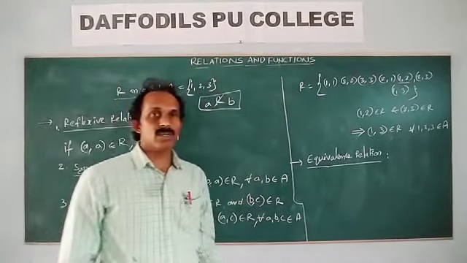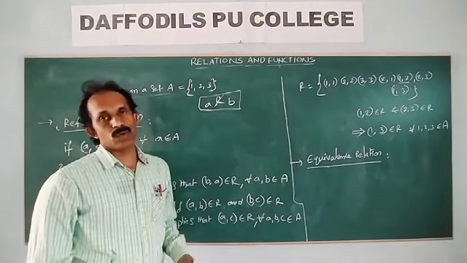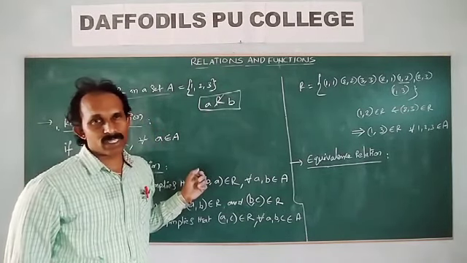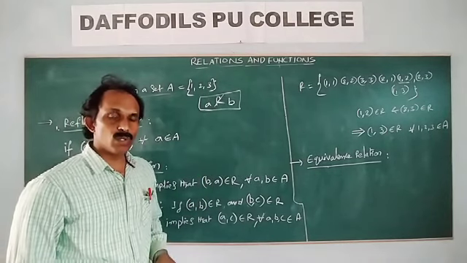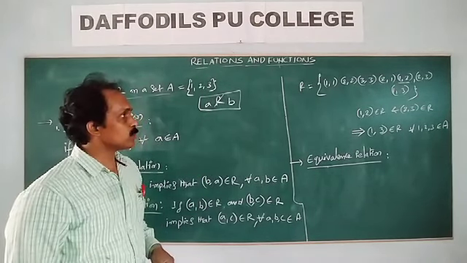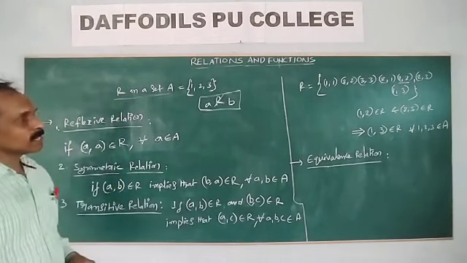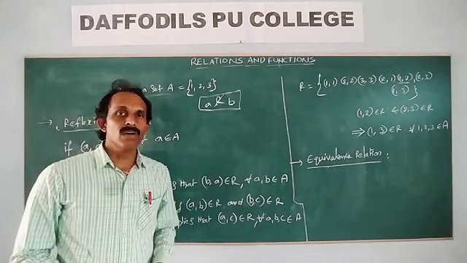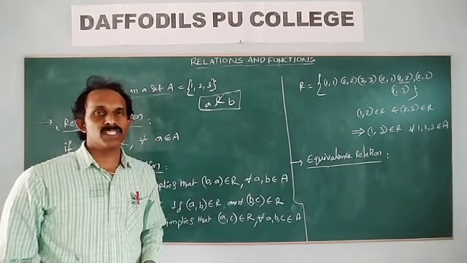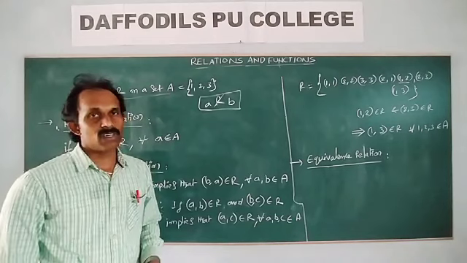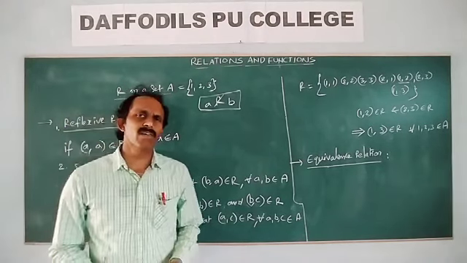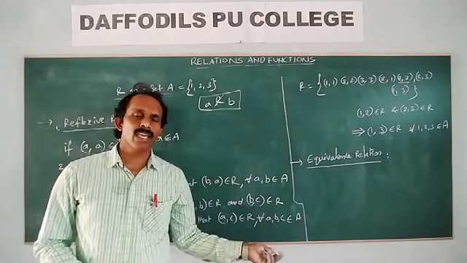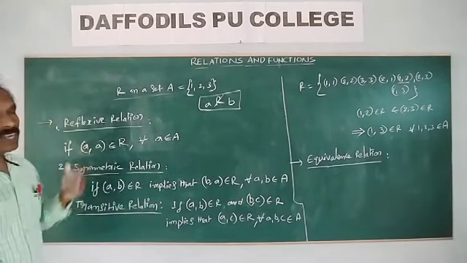Ordered pairs. And next, if n of A is equal to m elements and n of B is equal to n elements, the total number of relations from A to B is 2 to the power of mn. And next, the empty relation: if no element of A is related to any element of A, then the relation is called the empty relation. And next, the universal relation: each element of A is related to every element of A, then that is called the universal relation.